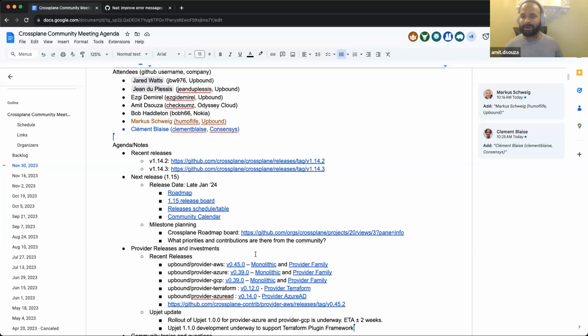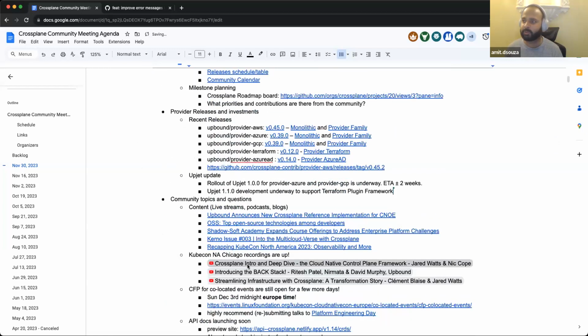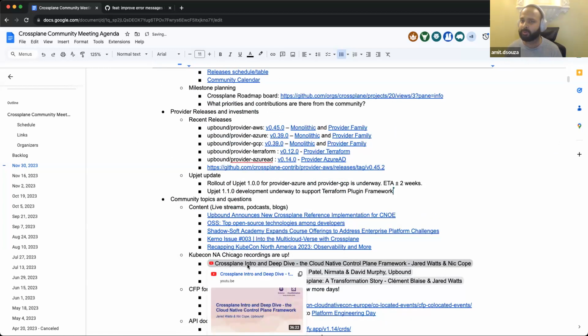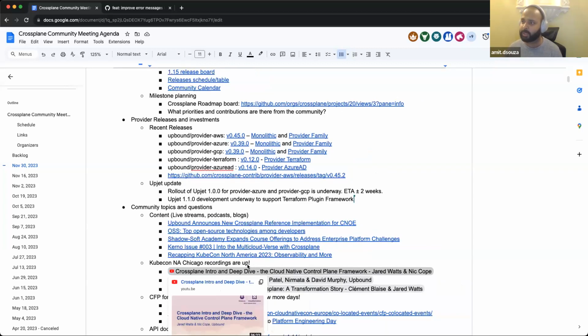Yeah, I do have a question. I was playing around with Crossplane and Argo CD together. One of the things I wanted to figure out was, can Crossplane ensure that it's always GitOps based, which means that if I make a change manually, it's going to revert that change?